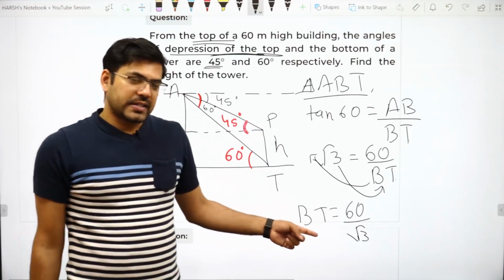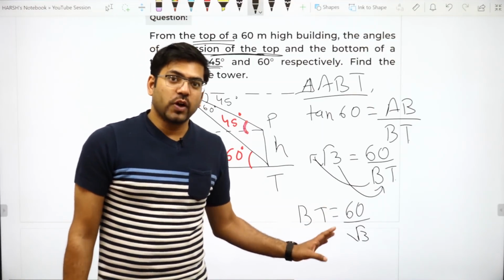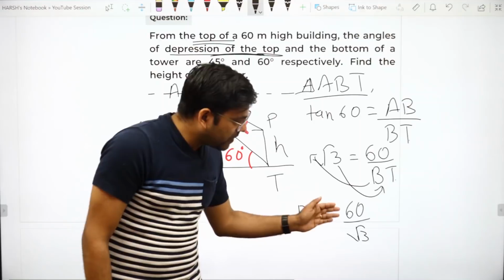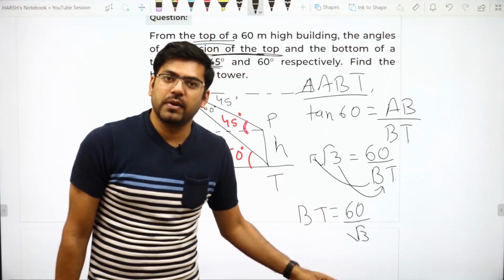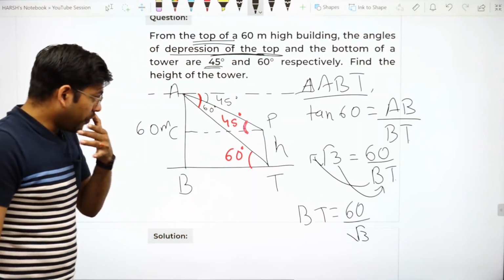If you are able to understand, this will be 20 root 3. Otherwise you can leave it as 60 upon root 3 also. That will do no harm to you. Okay. Now with BT,